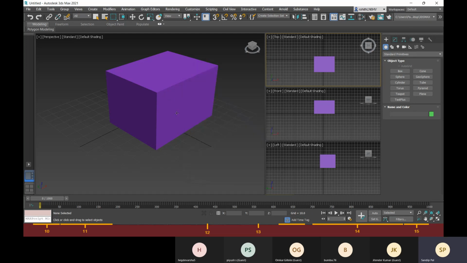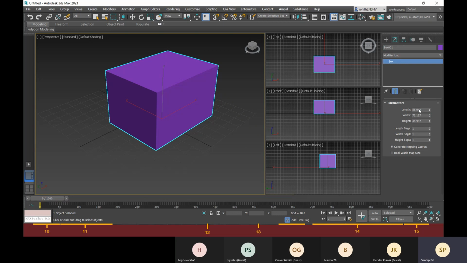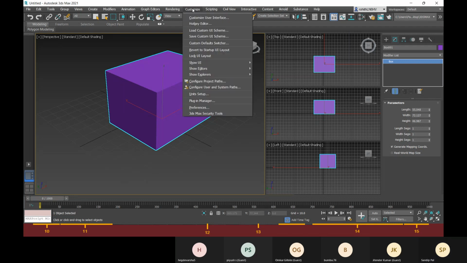Let me show you that also. If you go to this Modify, here you have this 55.048, and that is equal to 1 unit, so this is 55.048 units, which is equal to that much in millimeters.